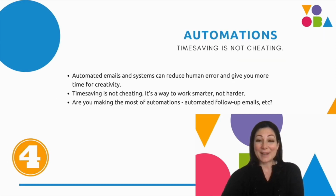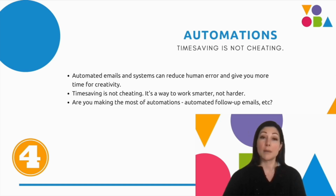Automations, so time saving. Again, there's a bit of a theme here. Look at what you've got to do. Automated emails and systems can reduce human error and give you more time for creativity. Time saving is not cheating. It's a way to work smarter. Are you making the most of your automations, automated follow-up emails, etc.? So to give you some examples here,